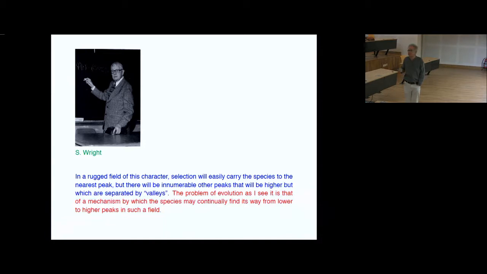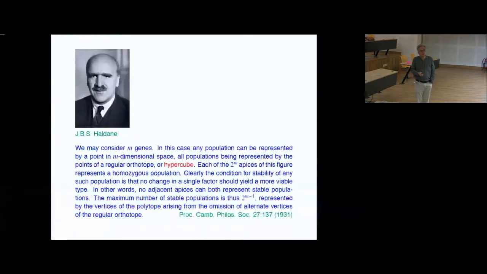And this was the rationale for him to invent the shifting balance theory with a coupling between geography and environmental change and so on, which is a rather elaborate scenario, which I think generally nowadays people think is not very realistic because it requires too many things to happen in a certain order. Now, whether this is really a problem for evolution or not is a question that is being debated up to this day. I'll get to that in a minute, but before that,